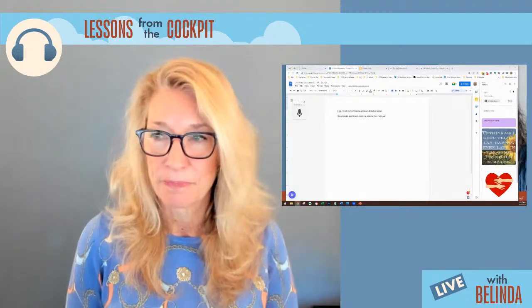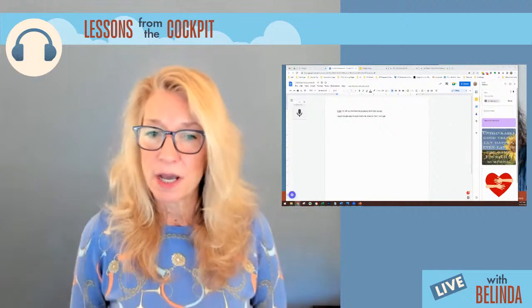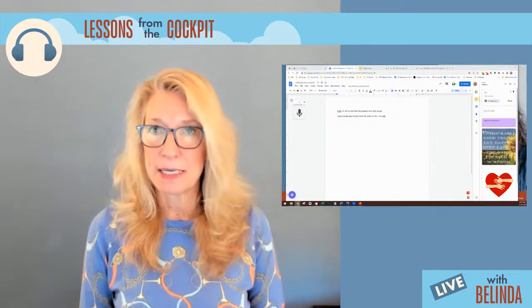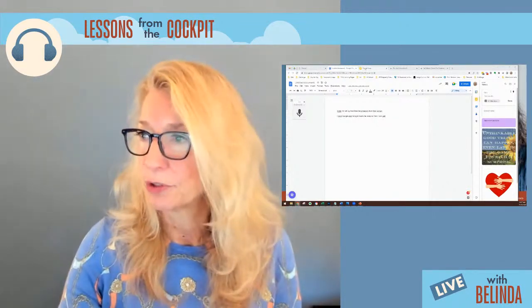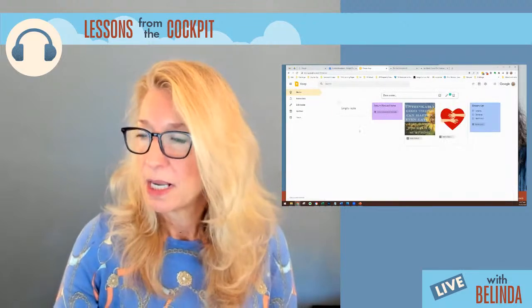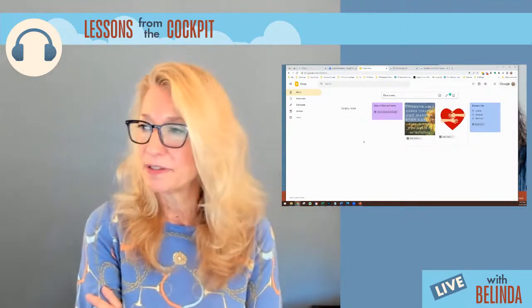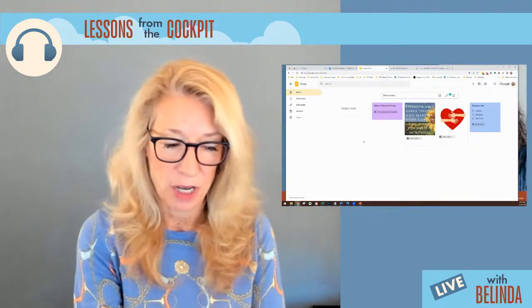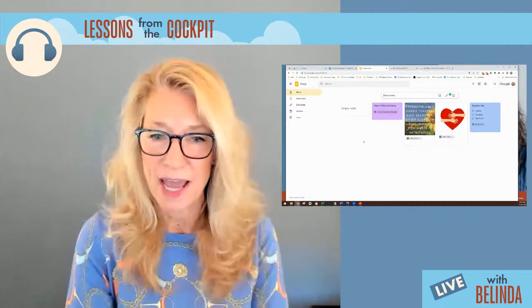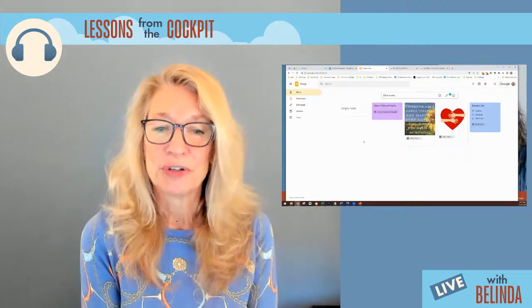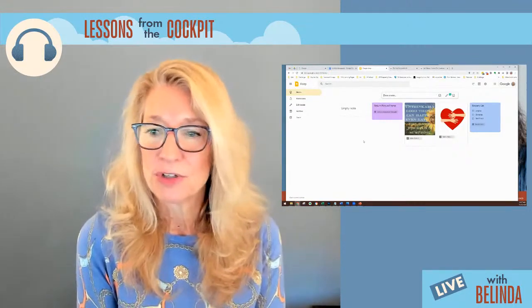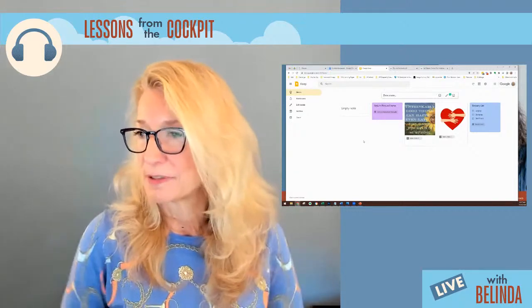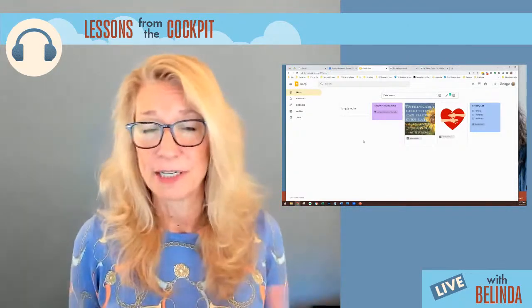Okay, good. All right. So now I want to talk about Keep. Google Keep. Now this is not something that I use very often, but I want you to know about it because it has something really cool called location-based reminders. So Google Keep is a to-do, right? It's a task list